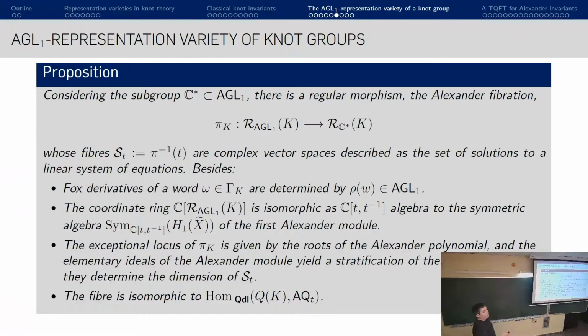That fibration is sort of a vector bundle, okay? The fiber at least is one-dimensional, but that dimension jumps over a certain algebraic subset, which is the collection of zeros, the roots, of the Alexander polynomial. And actually, the elementary ideals are codifying the dimension of the fiber. So the Alexander polynomial is a singular locus of a fibration. And then the fiber, which can be thought of in terms of the fundamental group of those representations where M is fixed in the T,